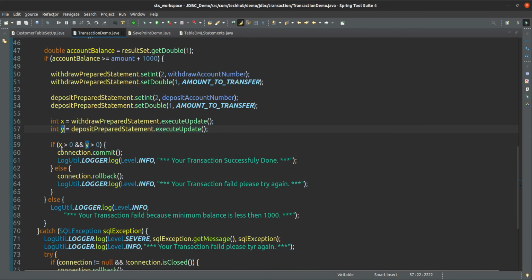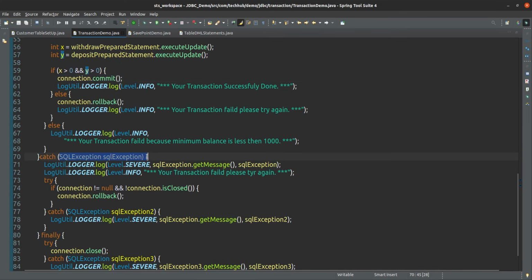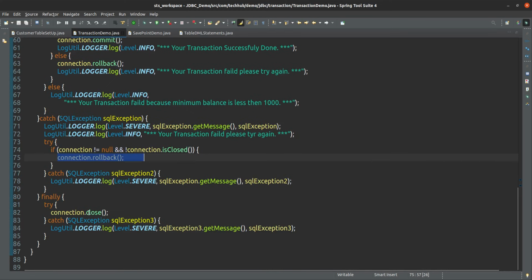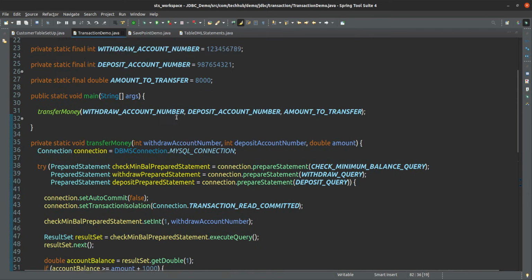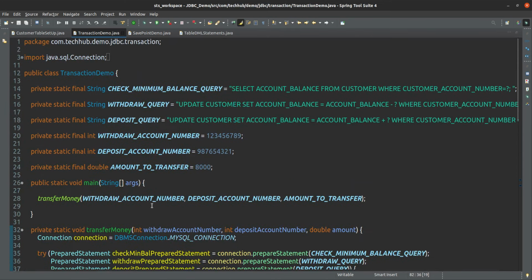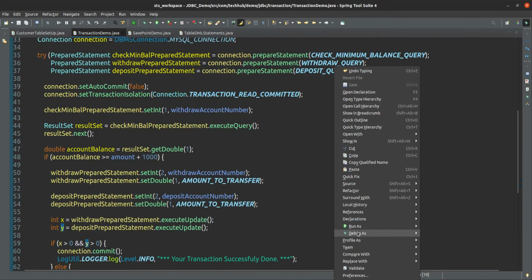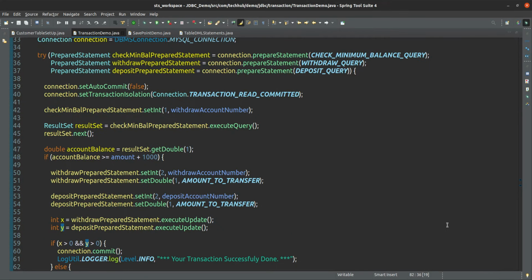If the count is greater than 0 only, then it will be true, meaning something is affected in the database. So in that case only we are doing commit or rollback, or else if it is getting any exception, then also we do the rollback. You have to always go with the safer side and close the connection. So this is the implementation for transaction. If I run this one, you will see the execution.